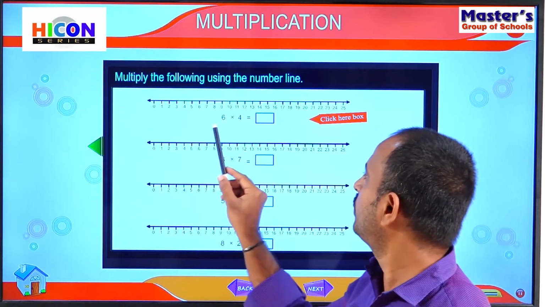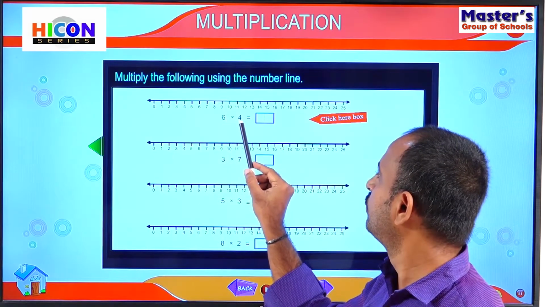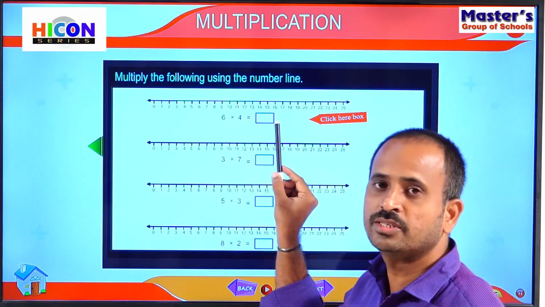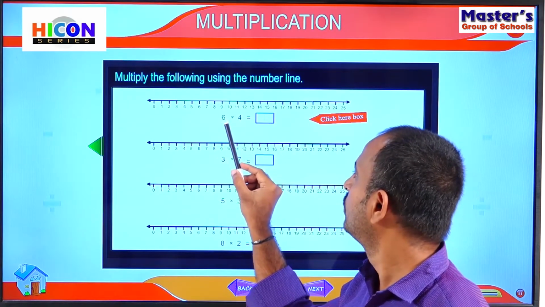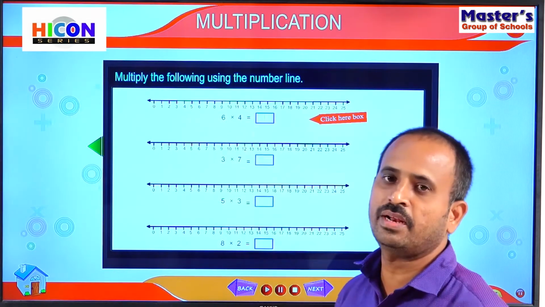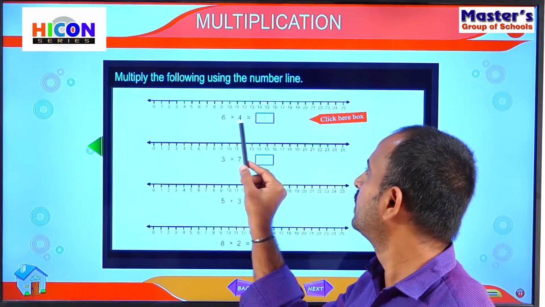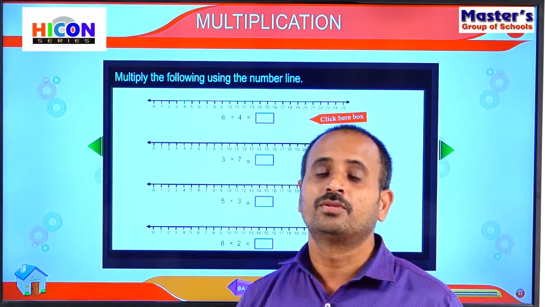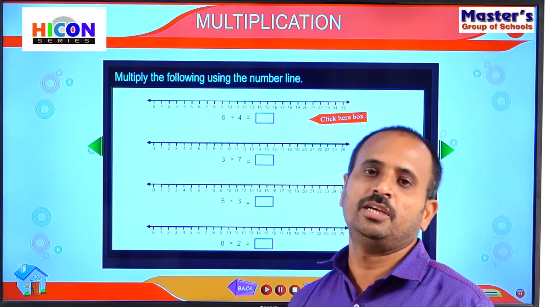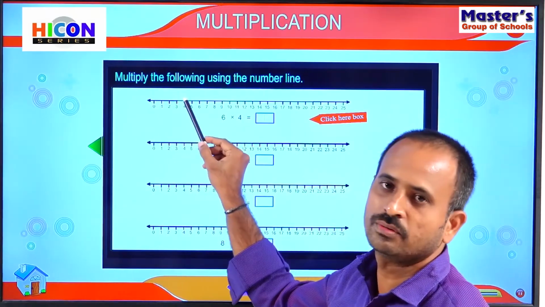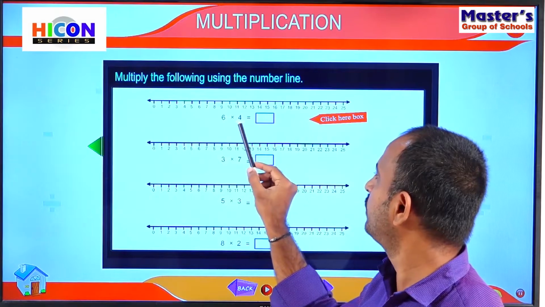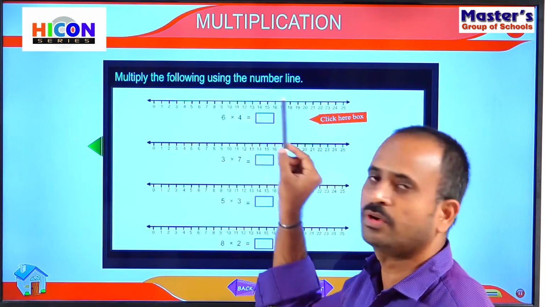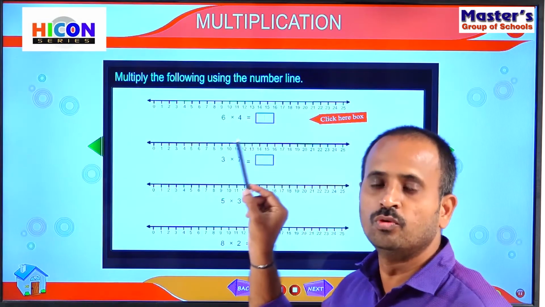So see the first problem. 6 into 4. So children, how much is 6 4s? Now we have to do this multiplication on the number line. We have to multiply these 2 numbers on the number line. How can we multiply? So remember, what is the first step? Start from 0. And how many steps do we have to move? See the second number here. What is the second number? 4. That is, we have to move 4